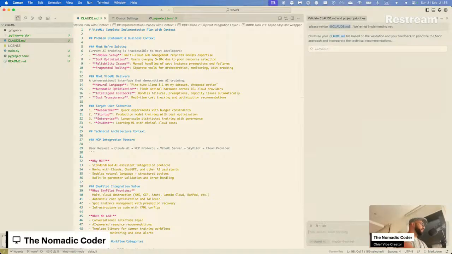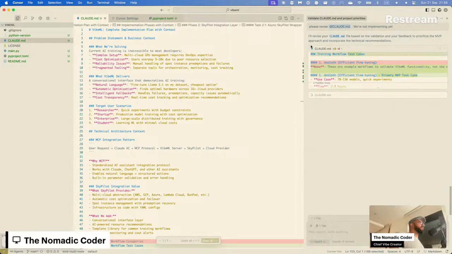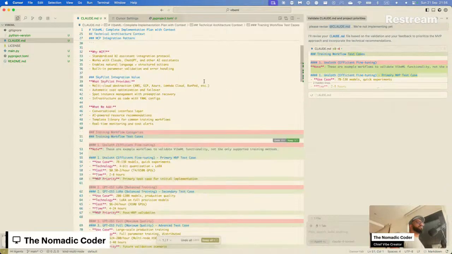Claude's performance has degraded over the last few weeks. The autonomy that Claude had within Cursor is just getting messed up these days. I don't know whether it's a Cursor thing or a Claude thing.